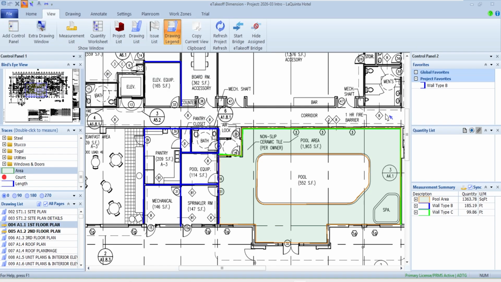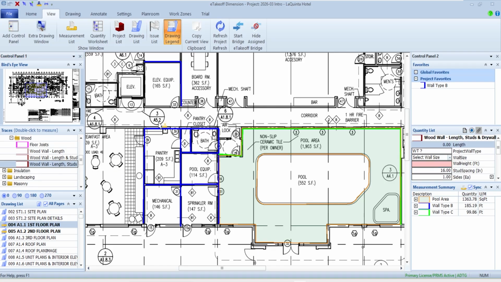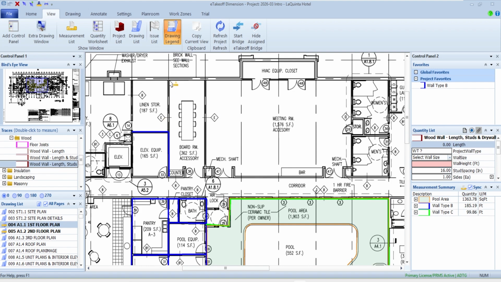Next thing I want to take a look at is standardized traces. A trace can help me quantify things at the same time I'm doing takeoff. When I took off this wall, it said 185 feet. Maybe I'm not using something like Sage Estimating where I've got that linked up, but maybe I want to know some other dimensions along the way. So I'm going to pick this standard trace here, and I can then make a measurement of it. I'm just going to do one segment here, which is fine for what I'm doing.